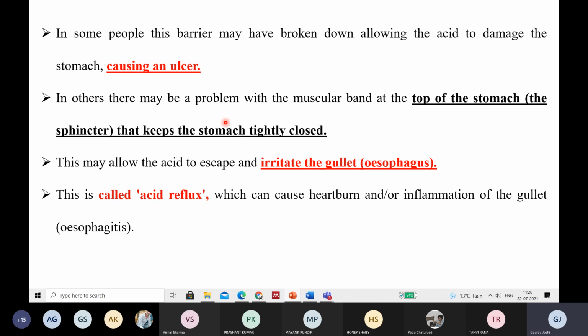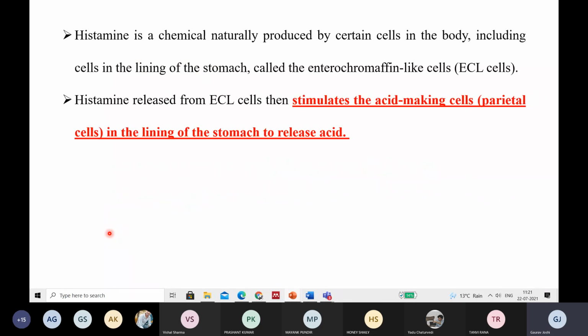So, for example, you might have heard about acid reflux, right? Whenever someone is having food, or after the food, or having what we call roadside or street food, they actually get some belching, right? Belching, and with that a very sour taste. So basically what is happening, the acid is actually refluxing upside, right? So there is also pain. This is acid reflux, which also can cause heartburn or inflammation of the gullet. Esophagitis, this is called esophagitis. So basically the esophagus will be affected. Itis means inflammation, it will cause inflammation, right? So this is the common thing.